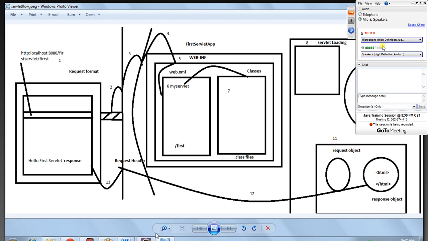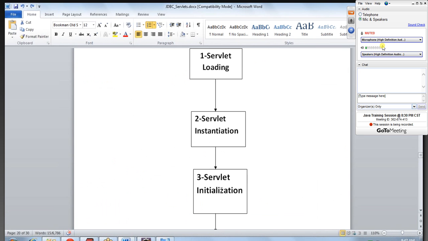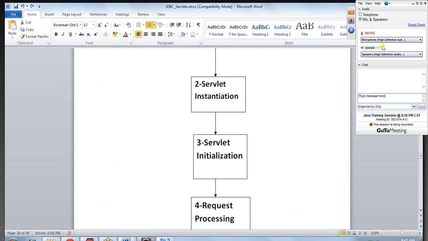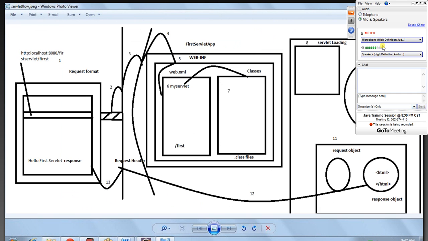And later on we have servlet initialization. Whenever you have servlet initialization, the init method will be called. As you can see, servlet initialization is happening after the ninth step. You can call it inside the ninth step, because instantiation and initialization actually happen immediately after one another. Instantiation will be called whenever you call a service method, and inside the service method you will call the init method, and